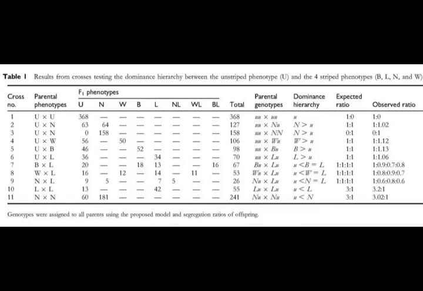O'Neill and Beard organized their adult breeding pairs to determine the hierarchy between the polymorphisms. Their breeding pairs produced 71 clutches, providing 1,519 offspring from 11 different cross types. In this abbreviated results table, you can see the parental phenotypes, followed by the phenotype of their offspring. This is followed by the parental genotype, the dominance hierarchy, the expected ratio, and the observed ratio in the resulting